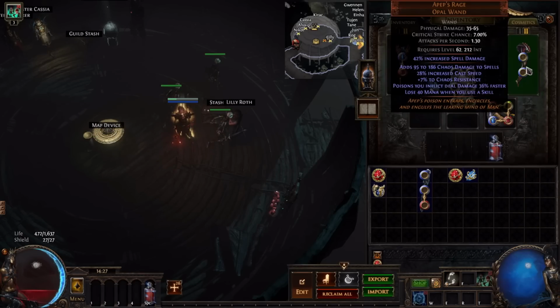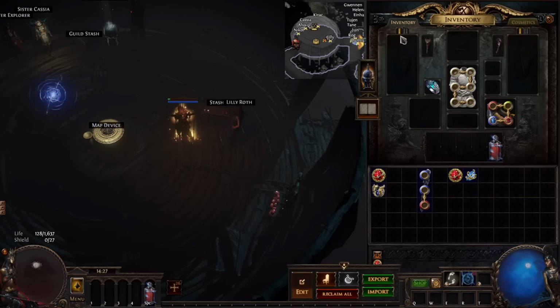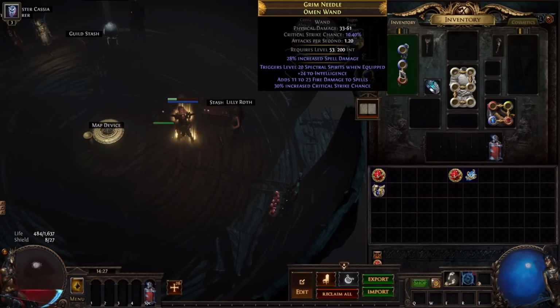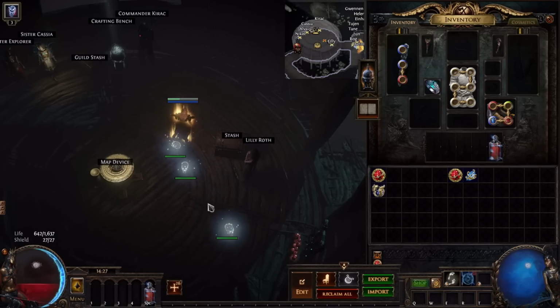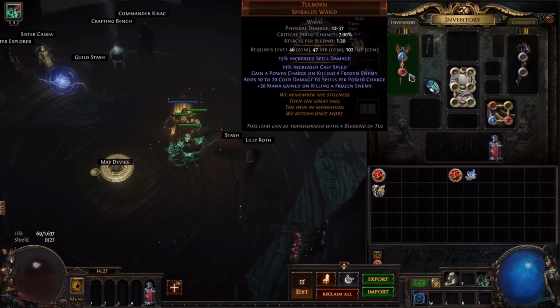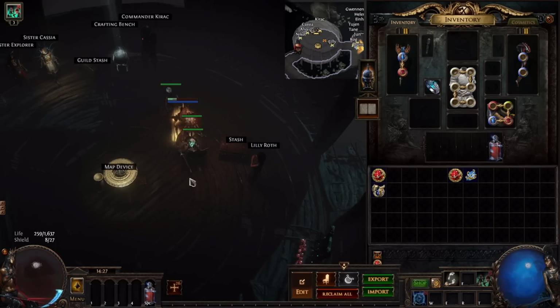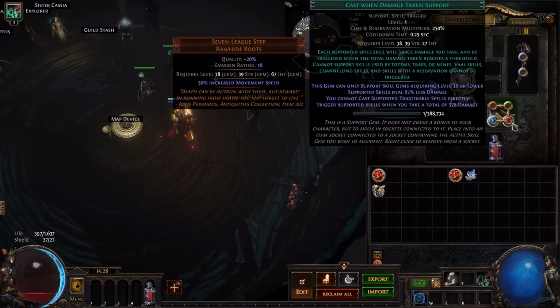So what we usually do is put them in a different weapon inventory. When we equip this weapon, they are summoned automatically, and when we press X to switch weapons, they die, and we trigger our cast when damage taken, summon skeletons and Ball Lightning.